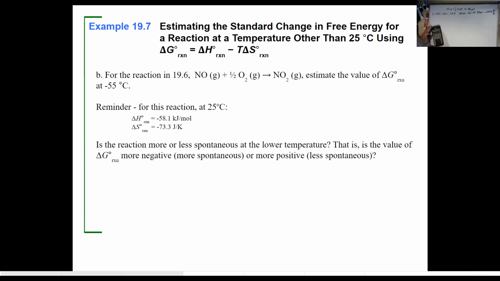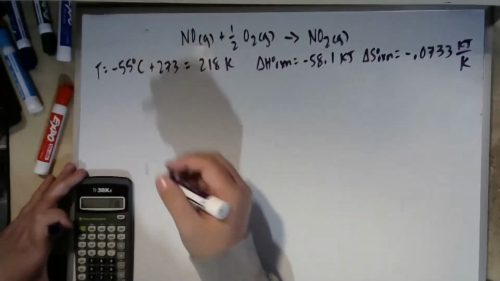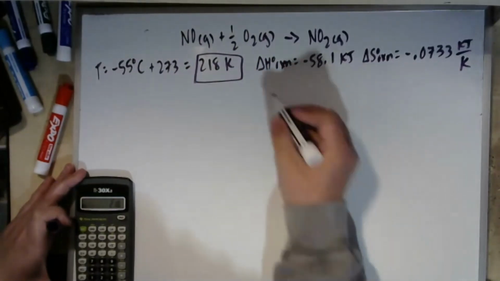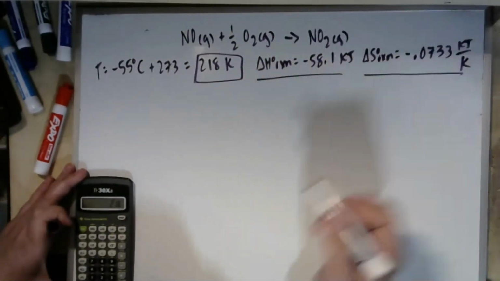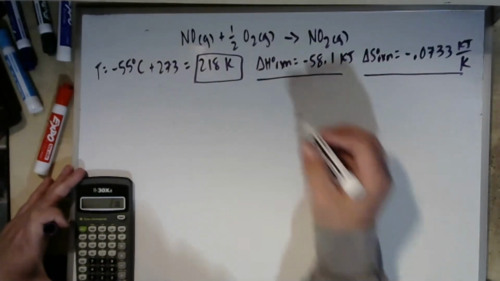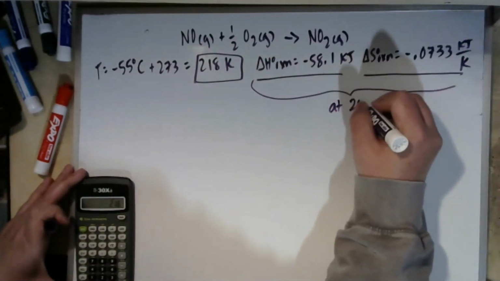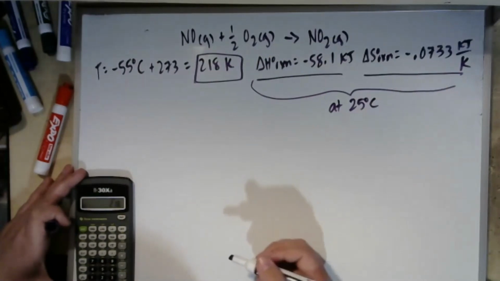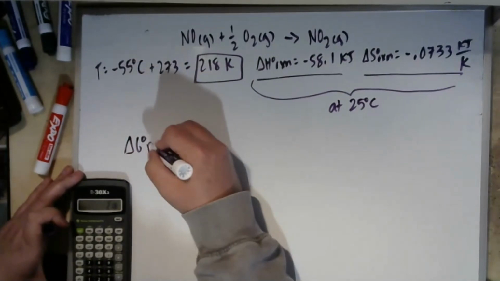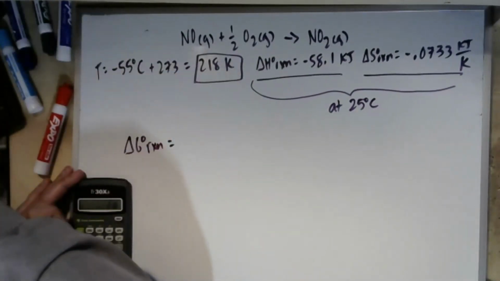Okay. So there's all the info that we need. We have our temperature, our new temperature in terms of Kelvin, and we're using our delta H and our delta S values from our previous calculation at 25 degrees Celsius. So I'll just put a little indicator here that we were at 25 degrees Celsius when we calculated those. So our new delta G is going to be delta H